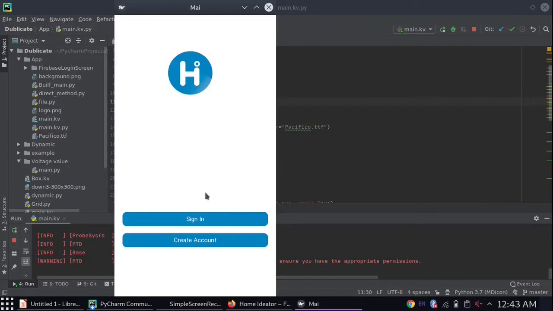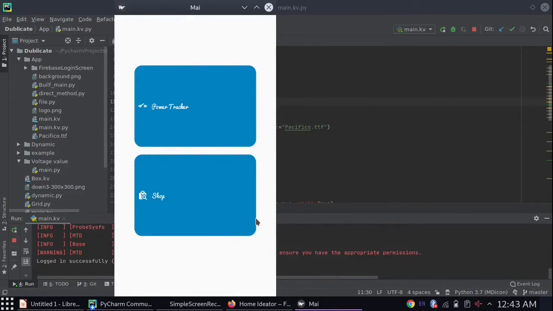Once I click on sign in, the auto login takes place, because I already logged in many times. This is the shopping section for users who are not using the Home iData devices. They can check how much consumption will take place for each device, choose one, and be directed to the respective website. And this is for the power tracker.